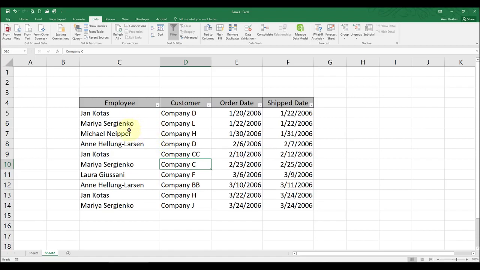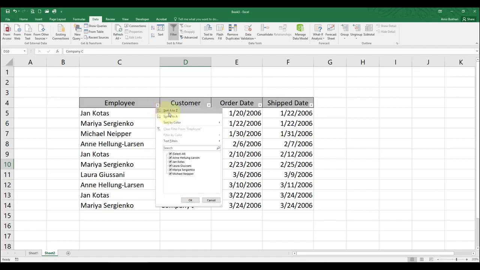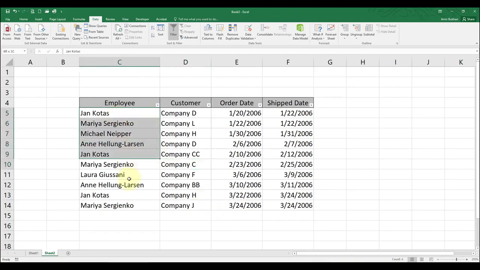Now how to use the auto filter? When you click this, you see here you have different options such as sort A to Z or Z to A, sort by color, and you have text filters, and you have the basic one here which is very easy to use. For example, we have all this list of people here.